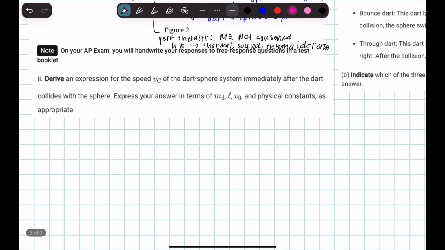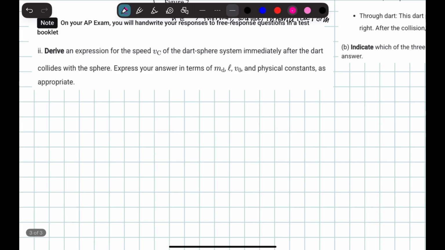Now, what do we want to do? We want to derive an expression for the speed v_c of the dart-sphere system immediately after the dart collides with the sphere. Express your answer in terms of m_D, L, and v initial and physical constants as appropriate. So we know that,